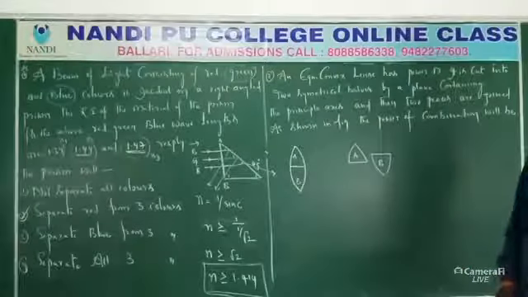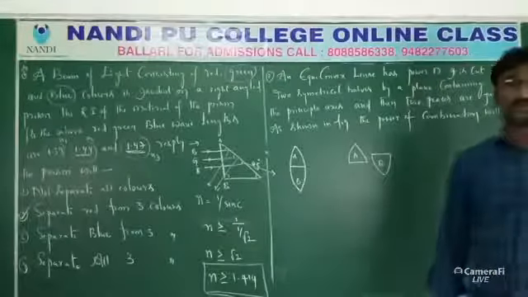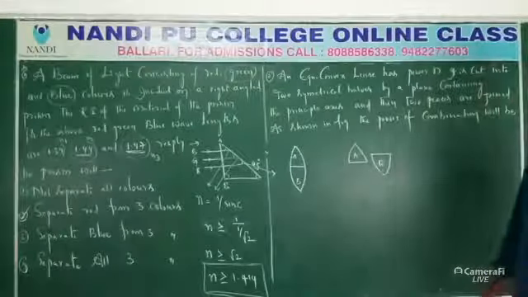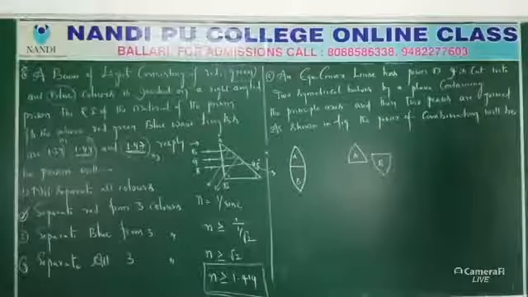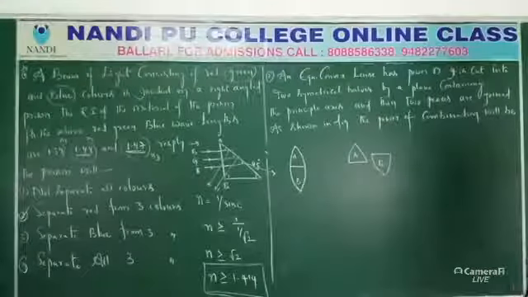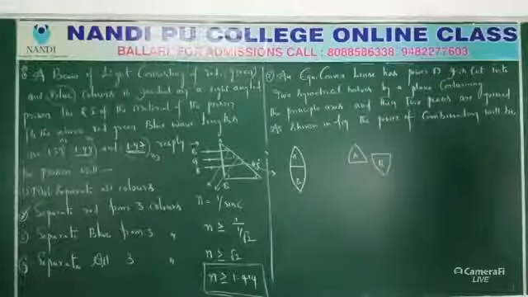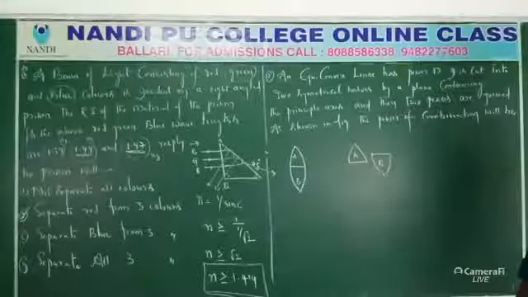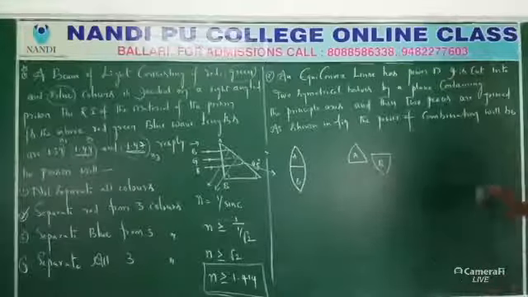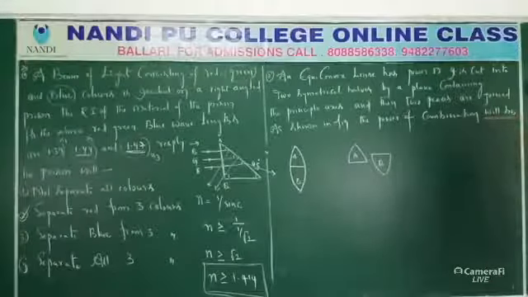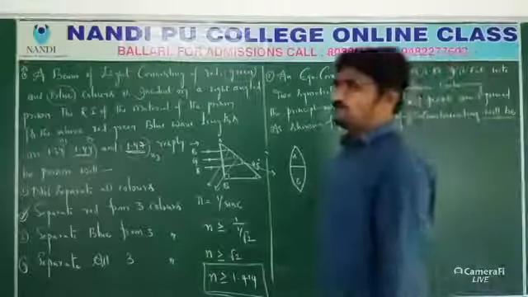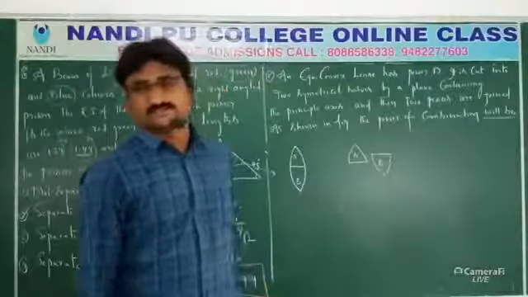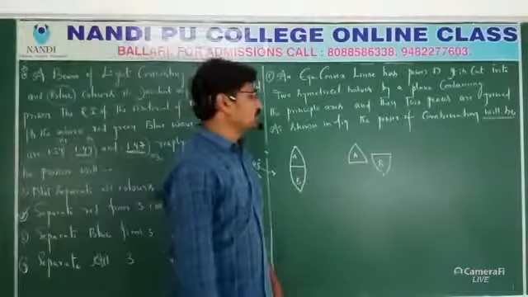We have discussed that. Now we came to an important model related to lenses. You can see this question: an equiconvex lens has a power D. It is cut into 2 symmetrical halves by a plane containing the principal axis, and then the 2 pieces are joined as shown in the figure. The power of the combination will be? They asked this previously in JEE. What is the key concept behind this question? Cutting of a lens. That is related to focal power.